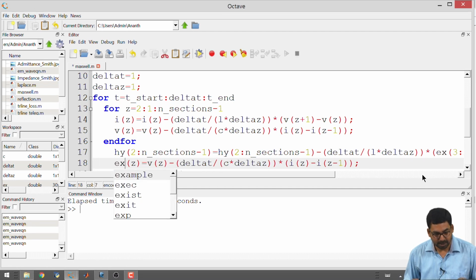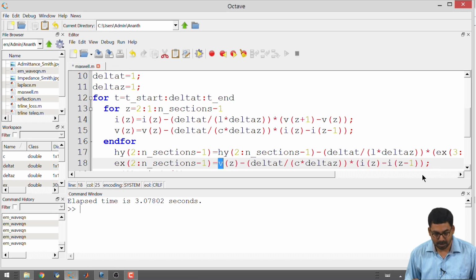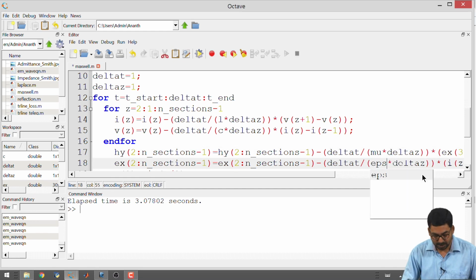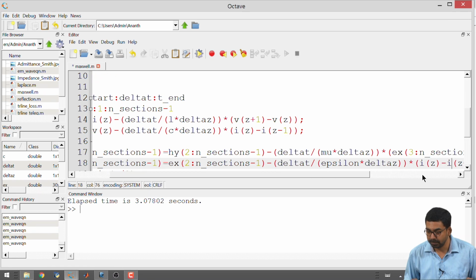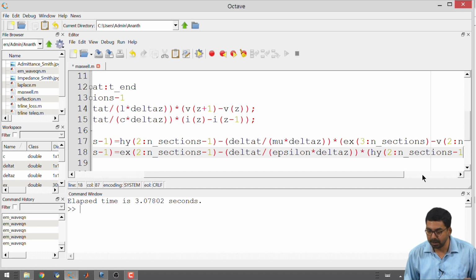So, instead of hy I will have Ex and instead of z I will have 2 colon n sections minus 1 and L has to be changed to mu, C is changed to epsilon. I is being changed to hy, z is once again changed to n sections minus 1,